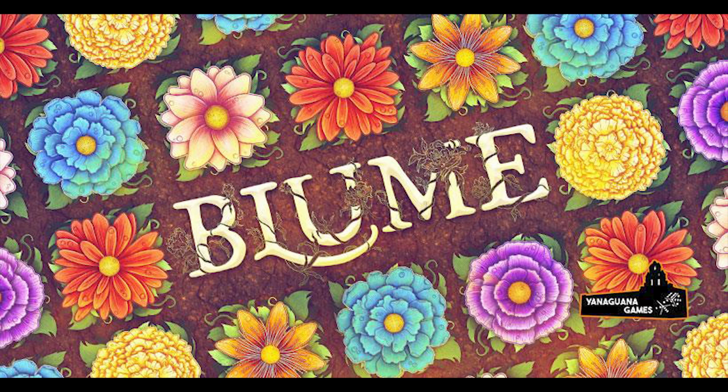But Blume is an abstract game in which we are all gardeners. And as gardeners, we have this plot of land that's sectioned off into square grids. We start off with a 4x4 grid, which then grows to a 5x5 grid and then grows into a 6x6 grid after each round passes. And what we're doing is taking flowers, which are these face down tiles, and we are going to be creating a whole garden worth of really beautiful flowers, whether they are the same species or